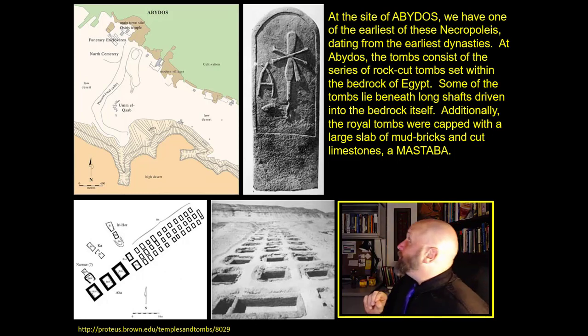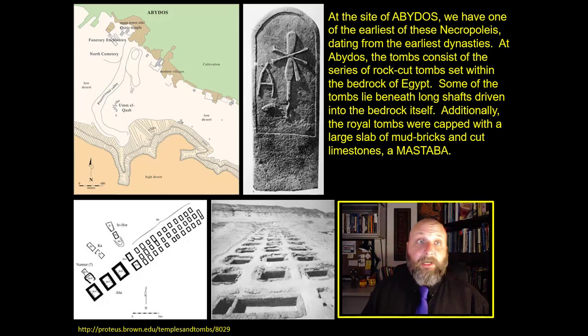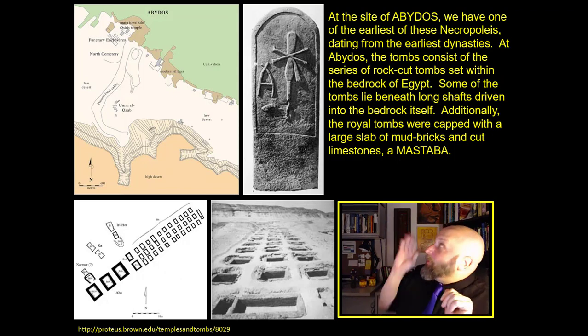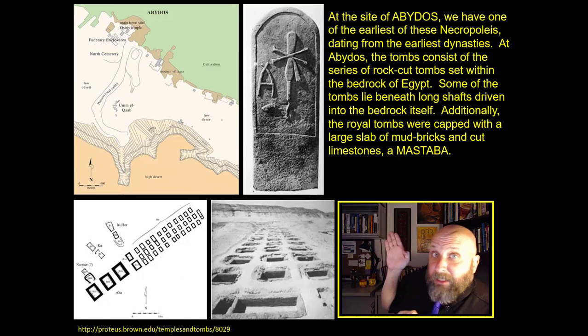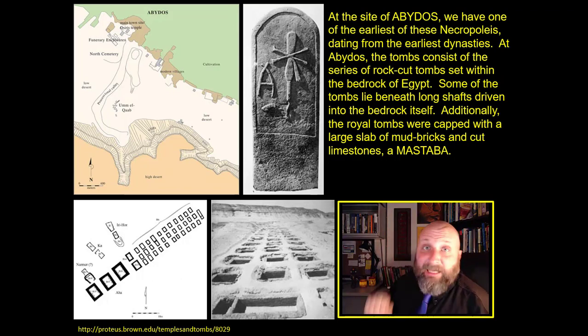And on the upper left, you see there's a map of the necropolis itself. Nobody really visits Abydos because there's like no pyramids there. But there's a series of tombs and mastabas. Stick a pin in that because we're about to talk about mastabas in a very short period. So you can see the map of Abydos, and you notice that it's in the heights, it's in the rocky highlands, just outside of the fertile Nile plain.